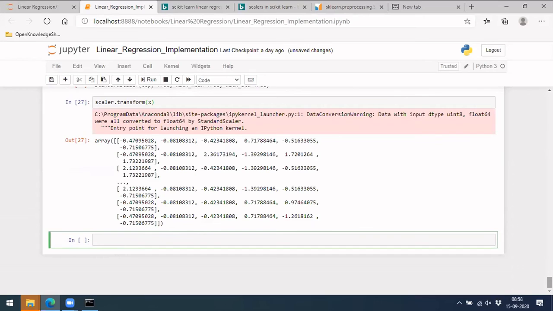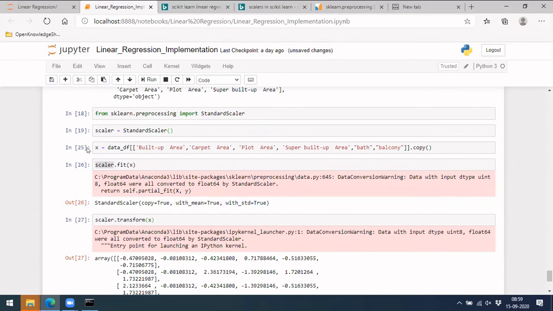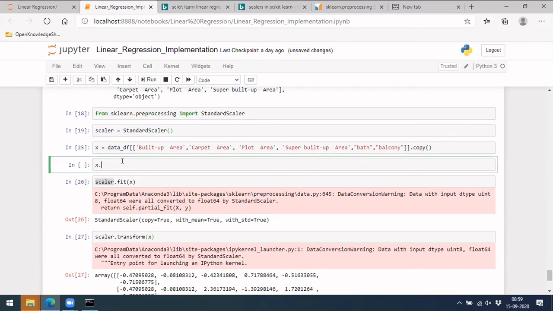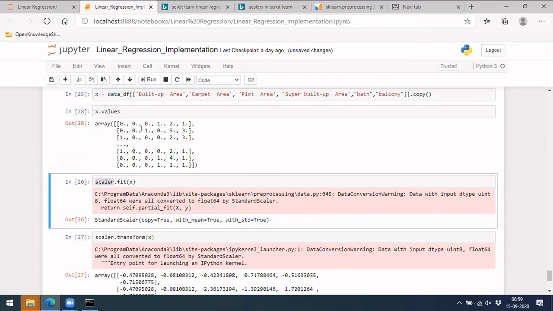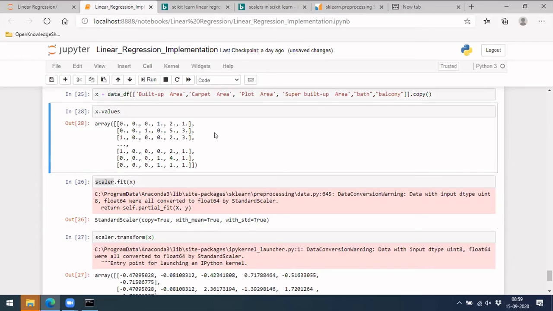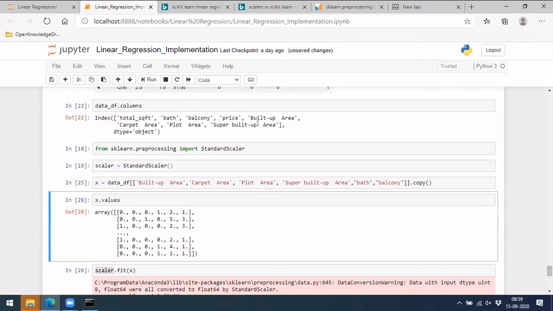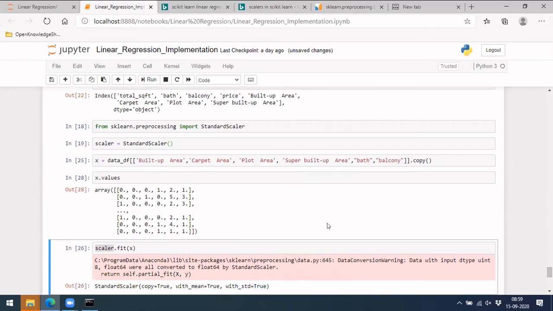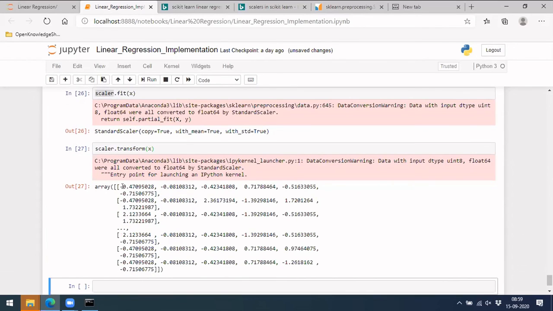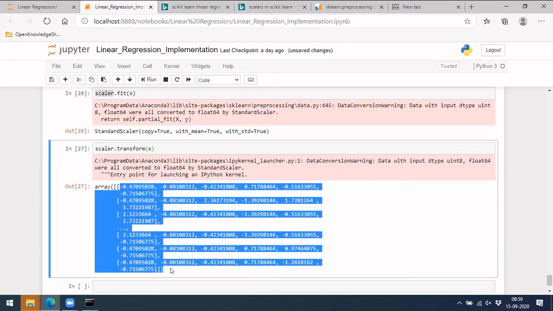Previously, if you take x dot values, I removed total square feet from there and added only bath and balcony here. So you have values 0 and 1 only, but here you'll have 2, 5, some 10, something like this. After transform, these are changed to something like this.